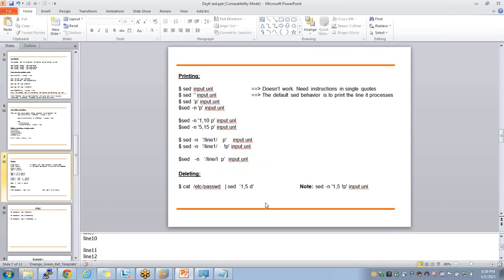Okay, makes sense. There are other ways, but this is the easiest way to do it. You don't have to use this extra stuff.